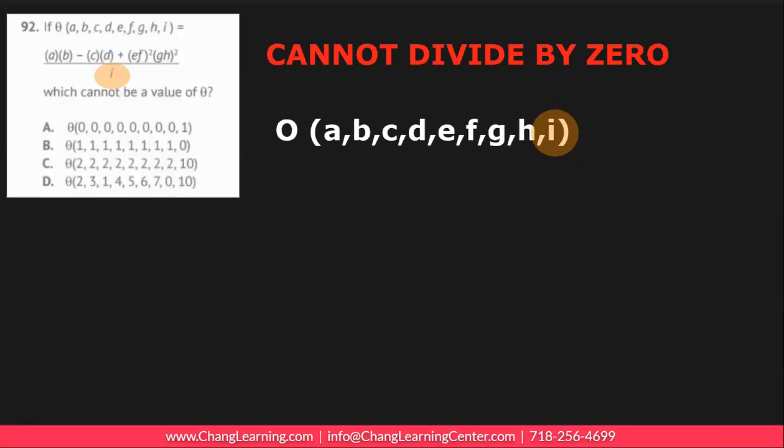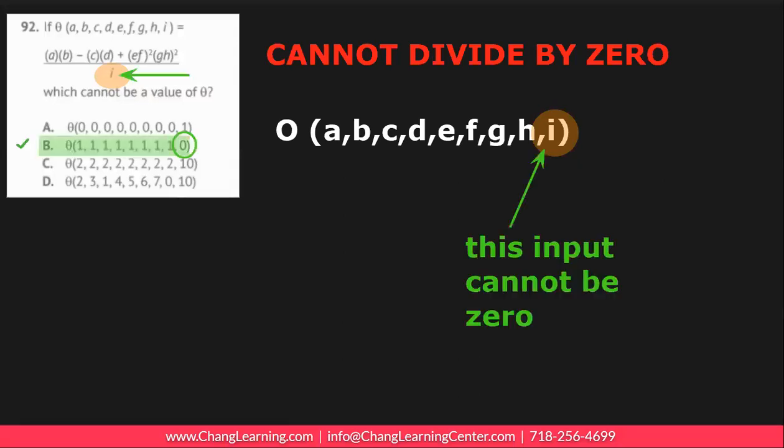Question 92. If theta of A, B, C, D, E, F, G, H, I equals A times B minus C times D plus E F squared times GH squared divided by I, which cannot be a value of theta? Well, here the rule they were testing was for fractions and that you cannot divide by 0. Notice that for this composition of variables, the numerator is a product and some squares, but the denominator is just input I. So whatever number we plug into this giant formula, the input for the last number, which is I,